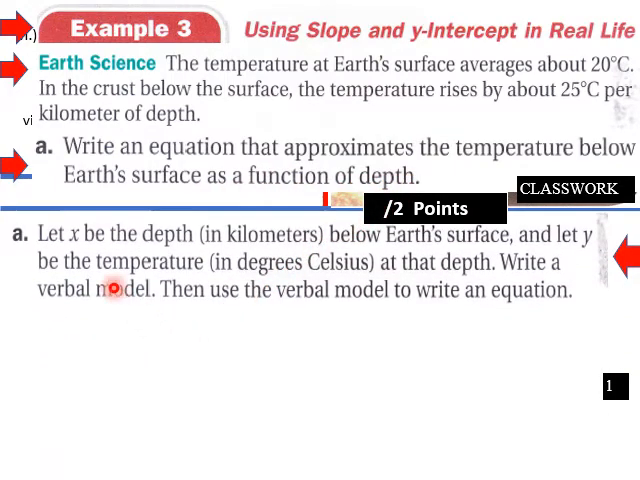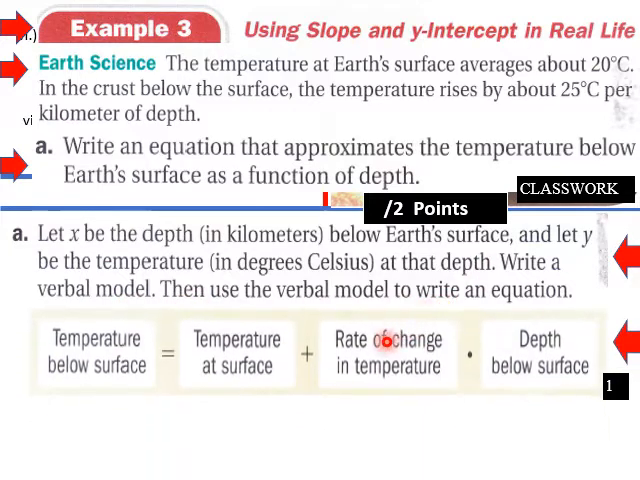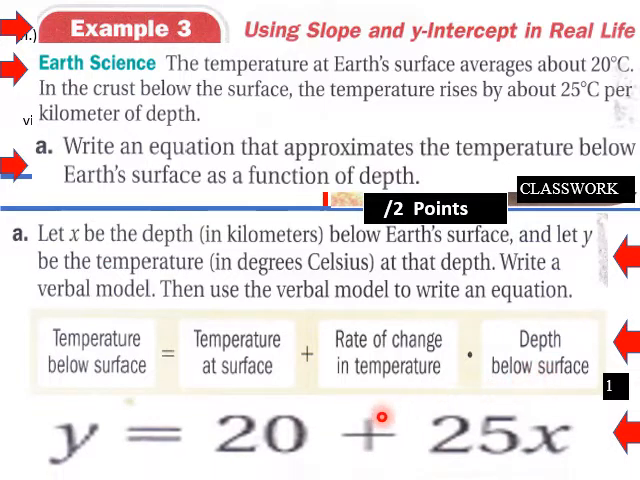Okay, so how do we do that? Part A, let x be the depth in kilometers below the Earth's surface, and let y be the temperature in degrees Celsius at that depth. Write a verbal model, then use the verbal model to write an equation. So here we go. Temperature below surface equals temperature at surface plus rate of change in temperature times depth below surface. So with that, we can go y, temperature below surface is y, equals temperature at surface is 20 degrees Celsius,